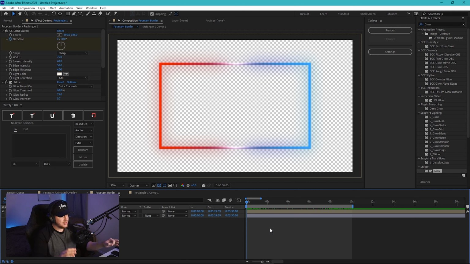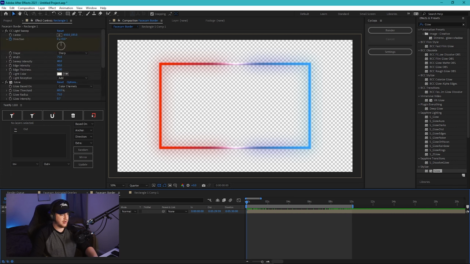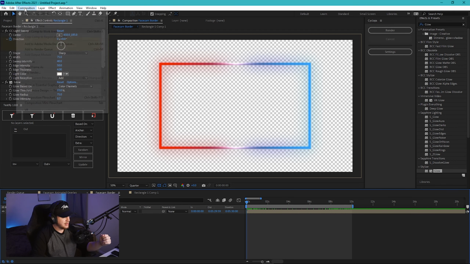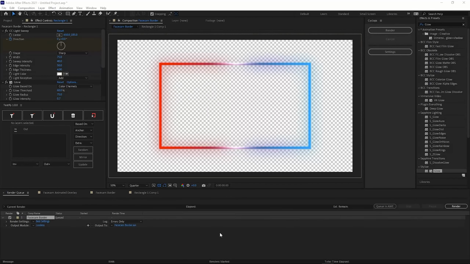So once you are officially good to go on this screen and you have your pre-comp and this random layer that you can actually discard, you can go ahead and go up to composition, add to render queue. I know this part may look a little bit confusing, but I promise you it is super easy. What you're going to want to do first is go to output module, and where it says lossless, just go ahead and click.